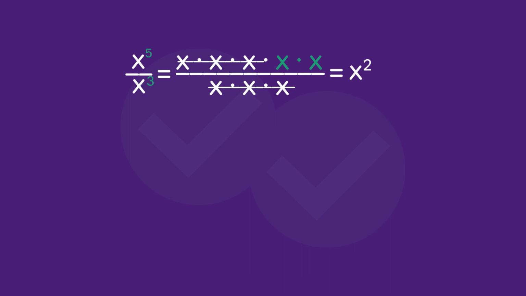Now, what happens if I have x cubed over x to the fifth? Well, same rules apply. 3 minus 5 is negative 2. So this gives me x to the negative 2 power. Now, I can write this in another way. And it works like this. Whenever I have a negative number as an exponent, I can always take this whole entity and I can flip it, the reciprocal. So I get 1